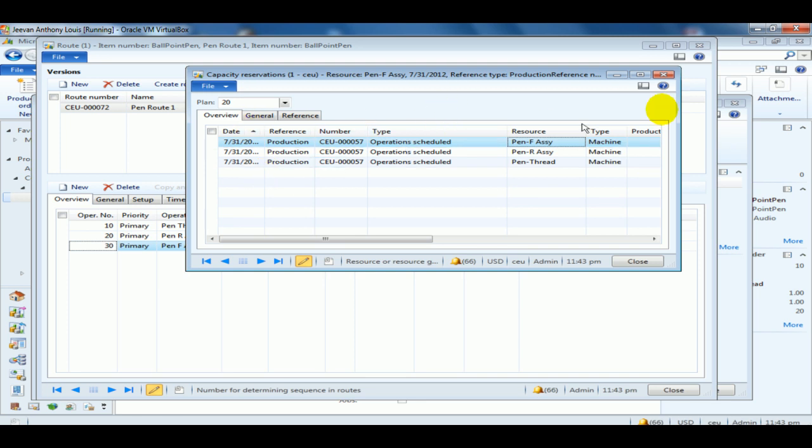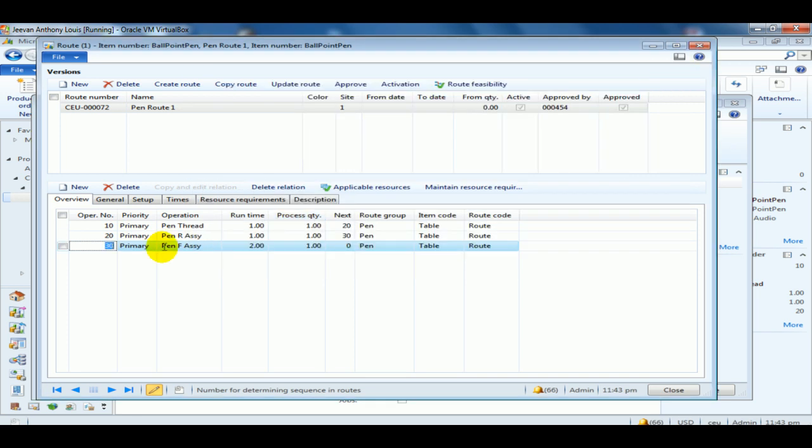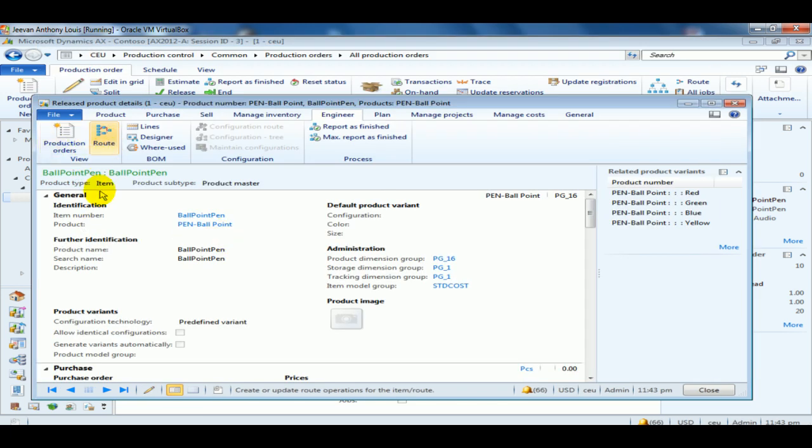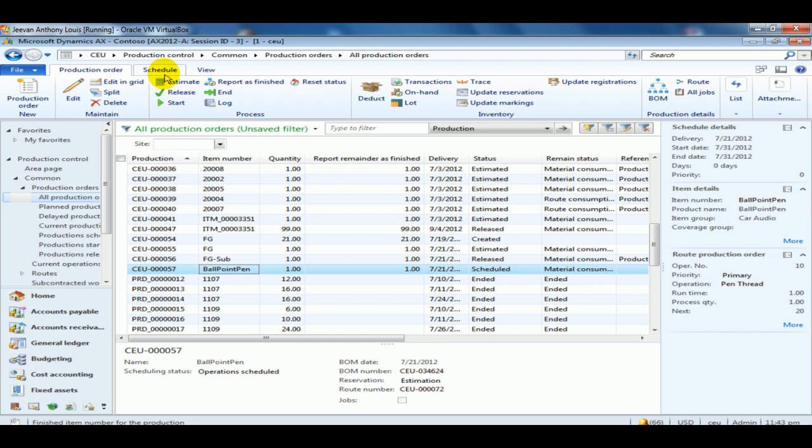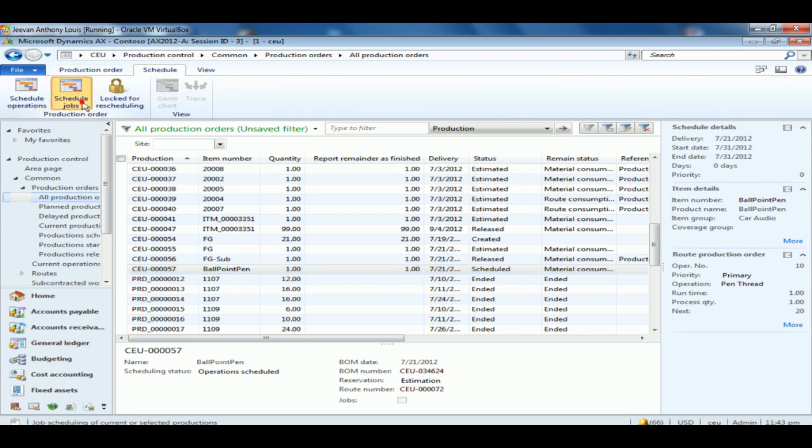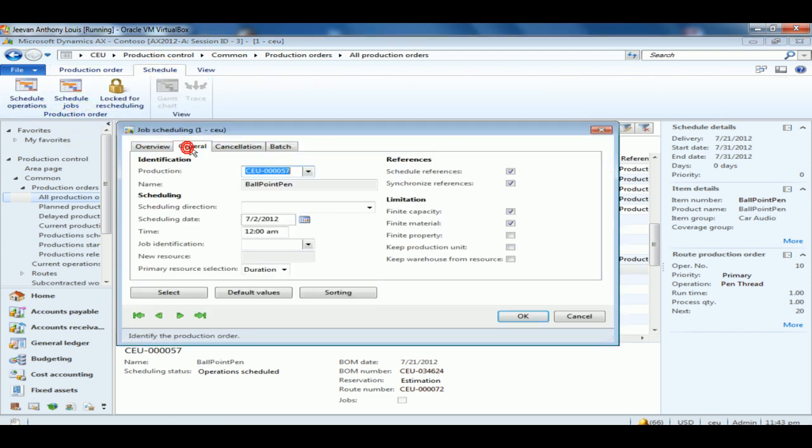So this is how basic operation scheduling is. Now we move ahead by doing job scheduling, wherein we can see the exact start and end time of our particular production order execution. So going back to the production order, go to the schedule tab, click on schedule jobs. You have similar options here,